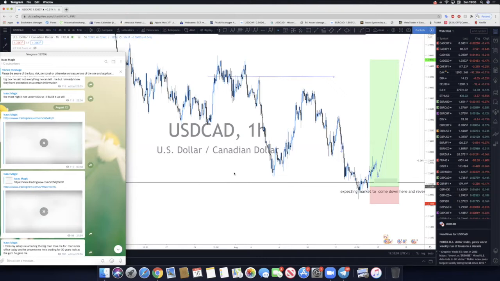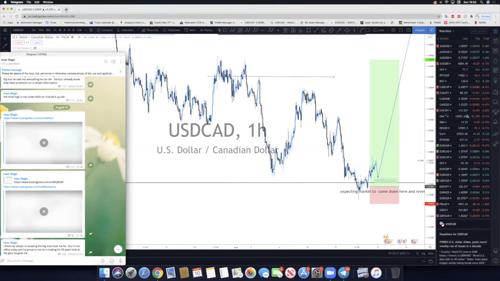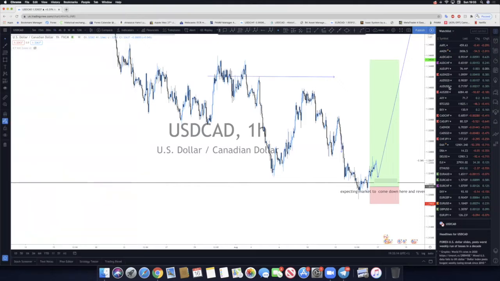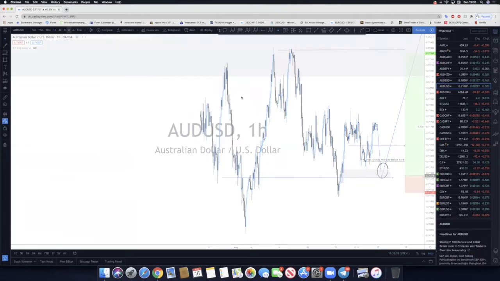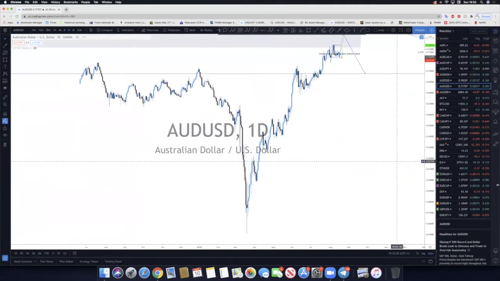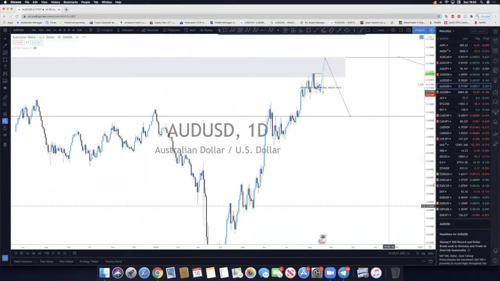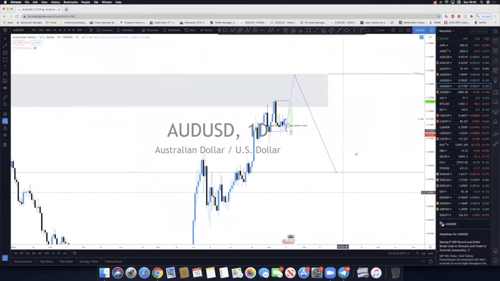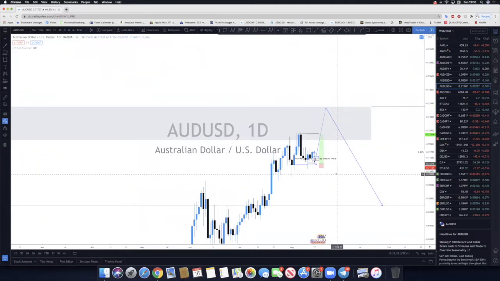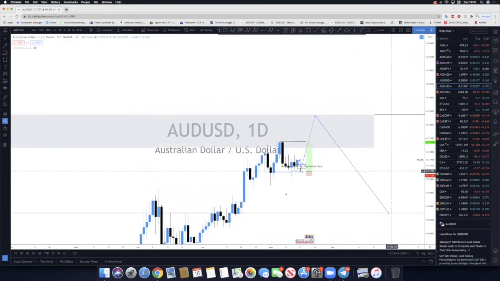So today I will give you a few pairs to see how everything is going on. I'll start from Aussie dollar, and let's see what is happening on the daily time frame. The strategy we trade with, Isaac Magic, is purely a combination of fibs and patterns and institutional order flow. This is what it is all about. So let's look at Aussie dollar.